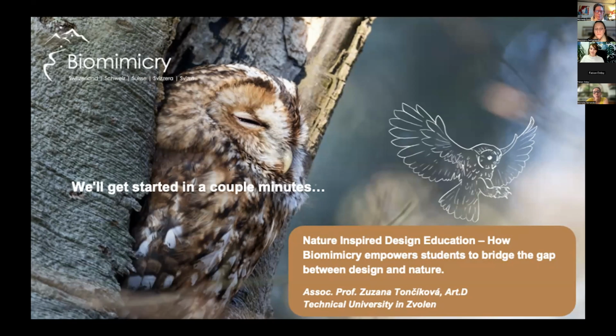Since 2015, it's nearly 10 years, she has been engaged in biomimicry and its application in design. In 2015, she led an interdisciplinary team at the Technical University and achieved victory in the Biomimicry Global Design Challenge with the project Biocultivator, which has received several international and national awards. And after that, since 2017, she has actively collaborated with colleagues from the European Biomimicry Network and continues to work